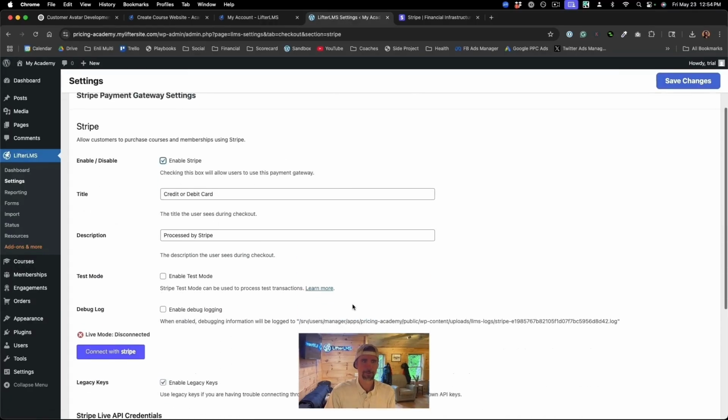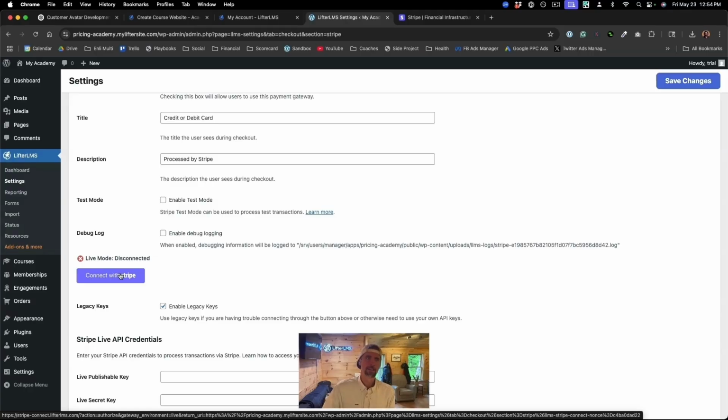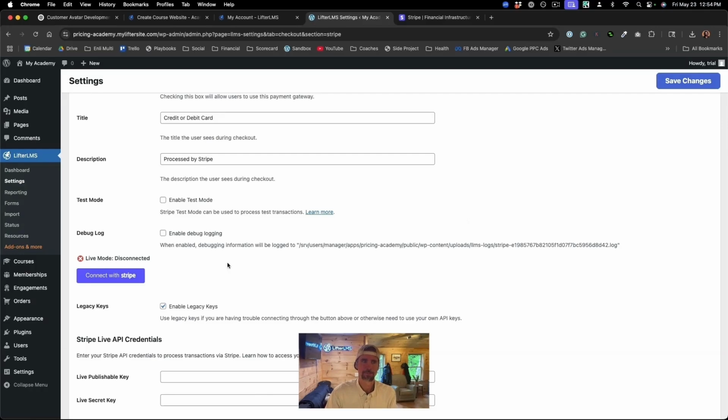So click enable Stripe, and then you just click on this button, connect with Stripe, and it will automatically sign you up for a Stripe account and get you going so that you can collect payments through your website. So if I click on that,